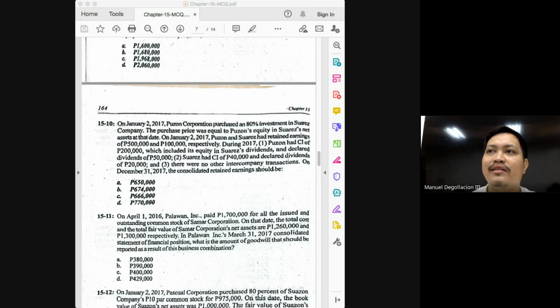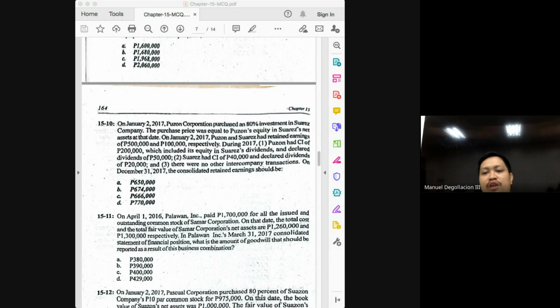Are we going to deduct the entire 20,000? No, because the parent did not receive the entire 20,000. Meaning, the amount of dividend income included in the 200,000 is not 20,000. So if you are asked, how much dividend income is included in the total income of the parent, your answer would be whatever is the share of the parent in the 20,000 total dividends.